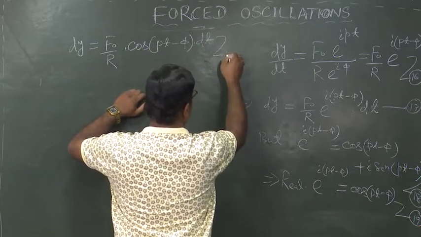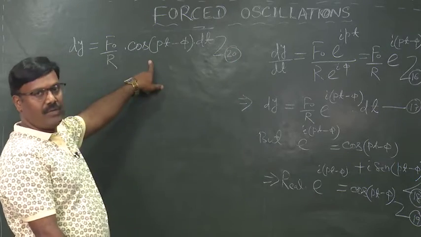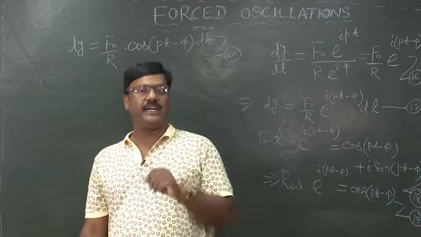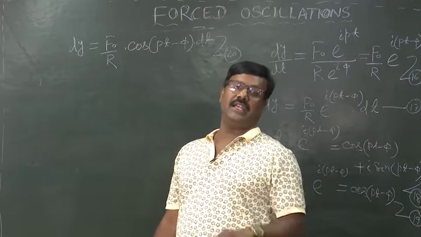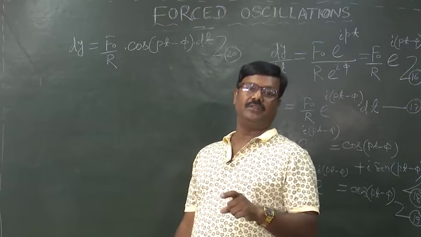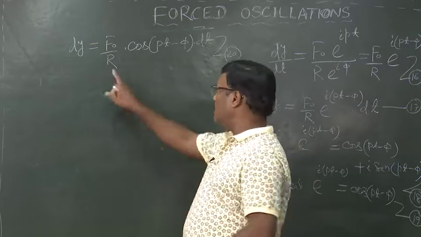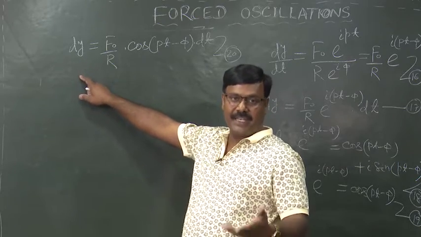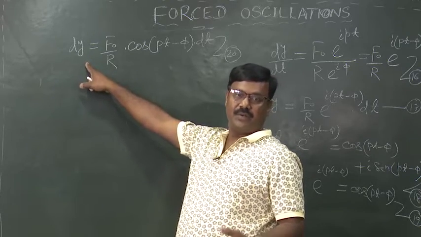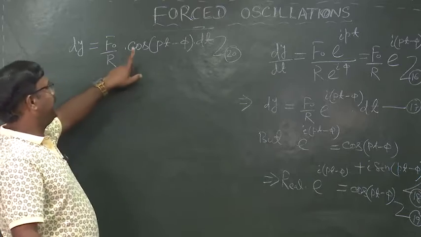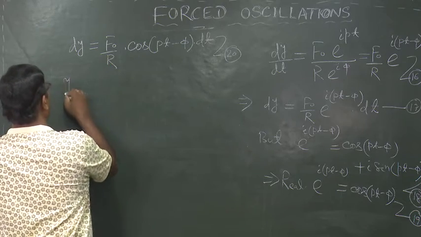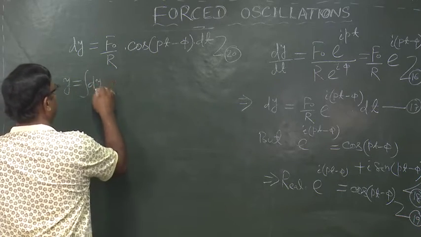This represents equation 20. Now, we arrived at equation for dy, but our aim is to find out the solution of the differential equation for forced oscillation, for which we have to find out the value of y. Here we have arrived at dy. So, it is very simple now to get y just by integrating this equation. Okay? Let us integrate this equation, and integrating this equation we can write y is equal to integration dy,